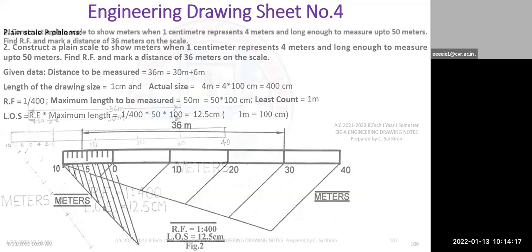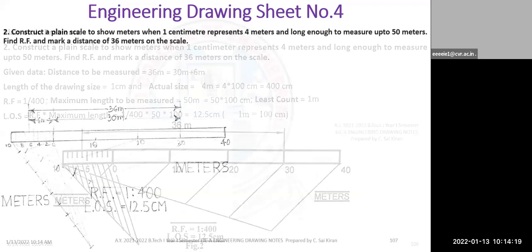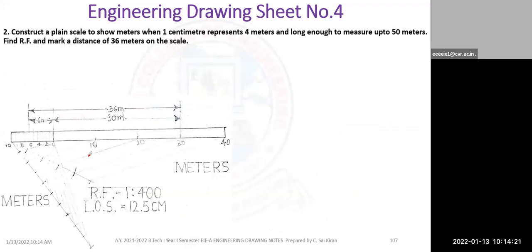And this is what your seniors have drawn. They have divided this into a total of 5 equal parts: 0, 10, 20, 30, 40. Next, they divided this one again into 10 equal parts. They took only 5 mm. So you can take 5 mm and draw this one, not a problem.